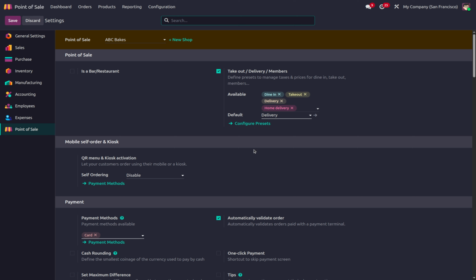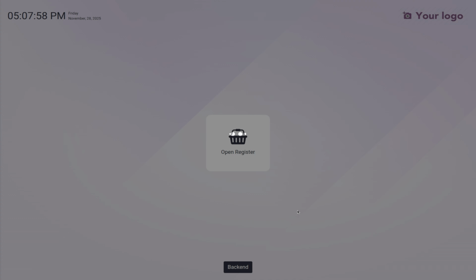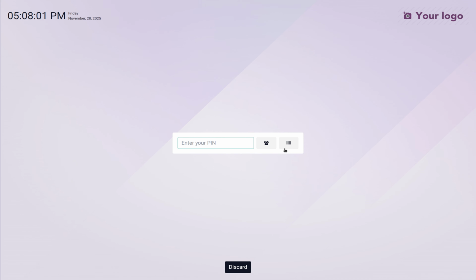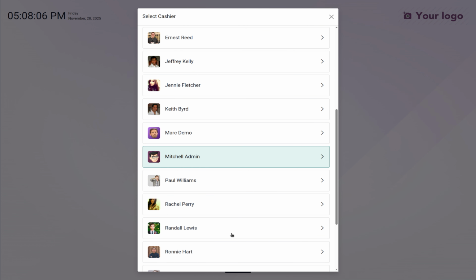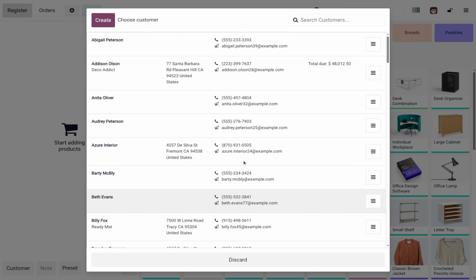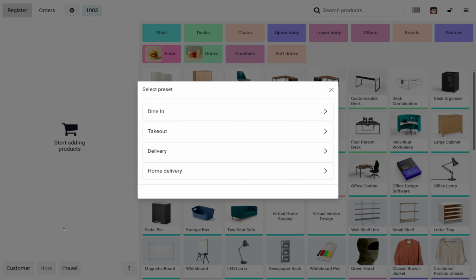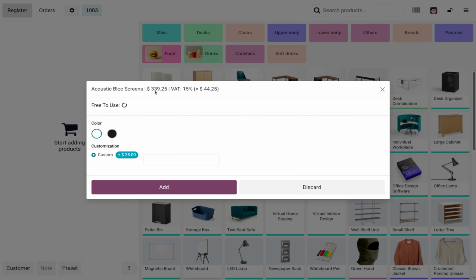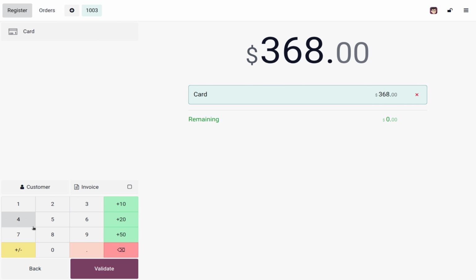I will show you how to use the preset in the shop. So we can move to the dashboard and open the register. Then choose the employee. Then open the register. Then here we have the preset, and without choosing a preset, we can create an order, and the default preset will be applied. Once we move to the payment,